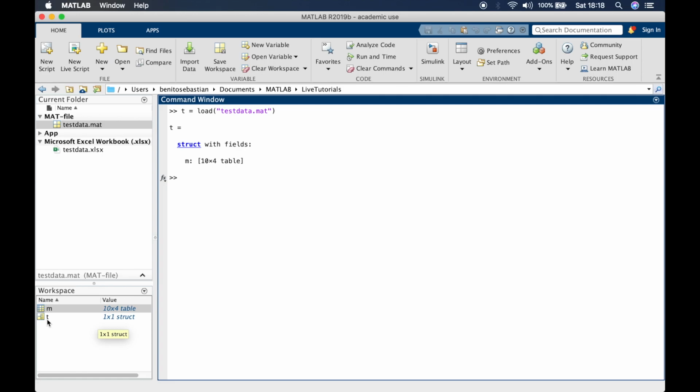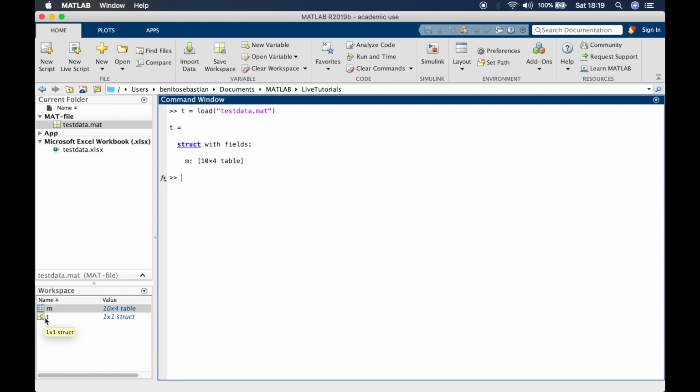So a structure is something that can hold different data types. A table is a data type, a matrix or an array that we saw before is a data type, a cell array is a data type, which can be characters, for example. So you have different data types in MATLAB. You have timetable data types and a couple of other data types, which I'll explain in my MATLAB tutorials. But a structure, just imagine as a box that can hold different data types